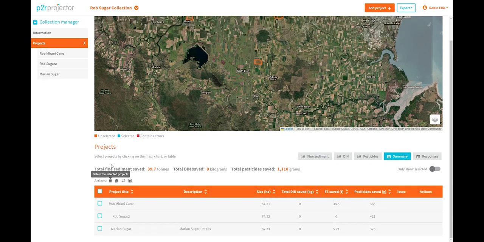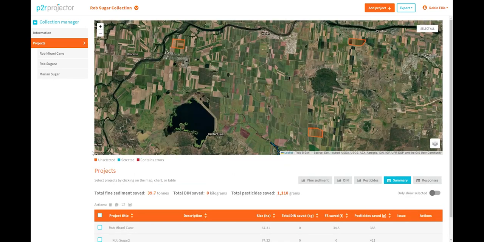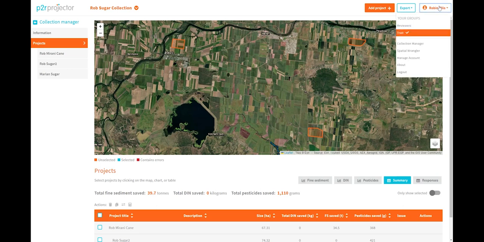And here are our options again for deleting. So I've just deleted that project that I created and it no longer resides in my collection, which cleans things up nicely. Looking at some other functionality here, we've got the ability to export various components of our collection to use later on. And then we've also got some really useful tools here for managing access to our collections and